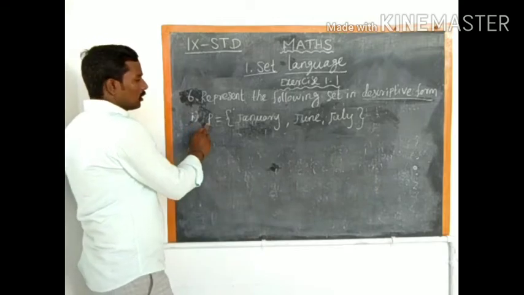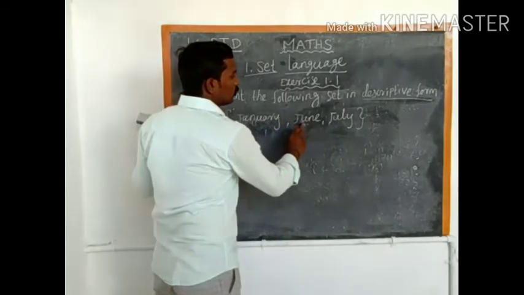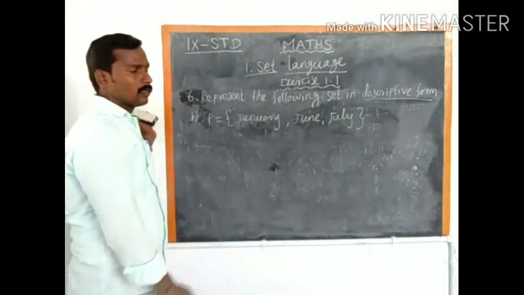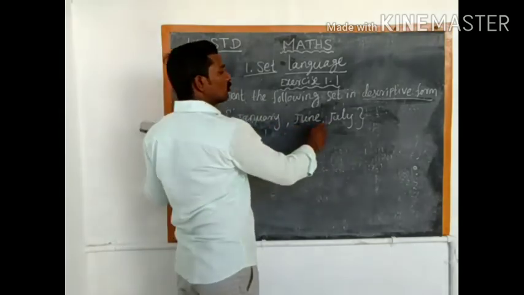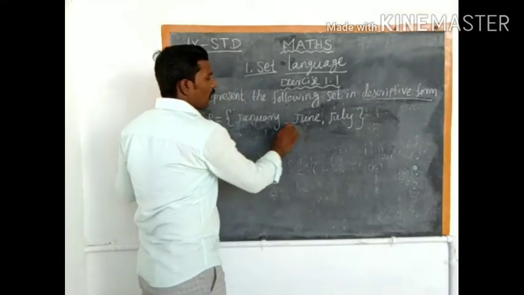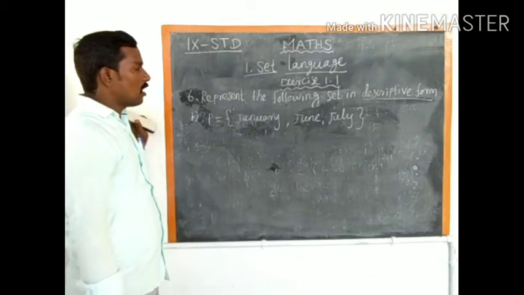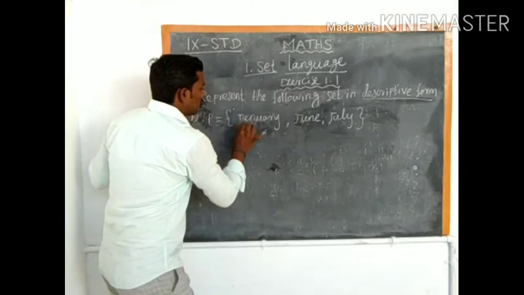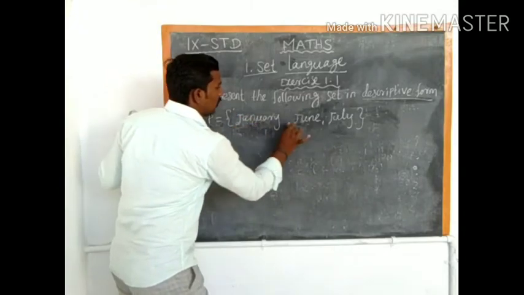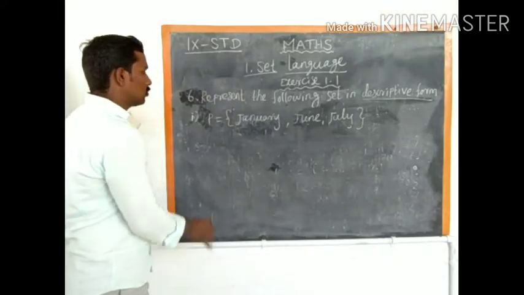The first question. B is equal to the set of all January, June, July. Okay. So carefully listen to the question. January, June, July. These are all English months, and also all the months start with the letter J. January, June, July. So the solution is